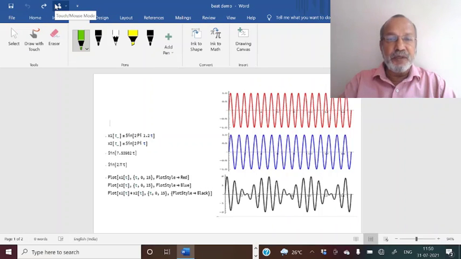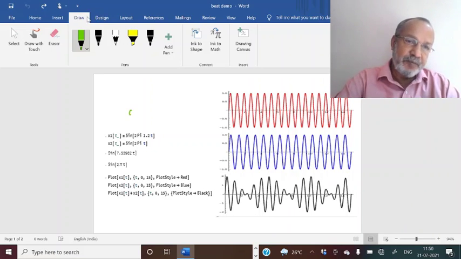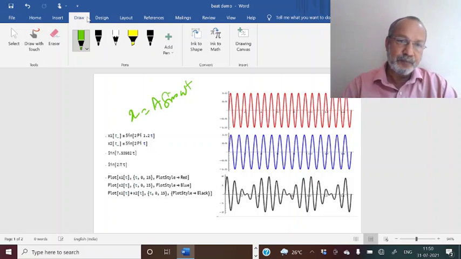Here I want to demonstrate simple harmonic motion, and we know that a simple harmonic motion is given by either a sine function or a cos function of the type x equals a sin omega t. In all these examples I have taken the amplitude to be 1, so nothing is to be written there.